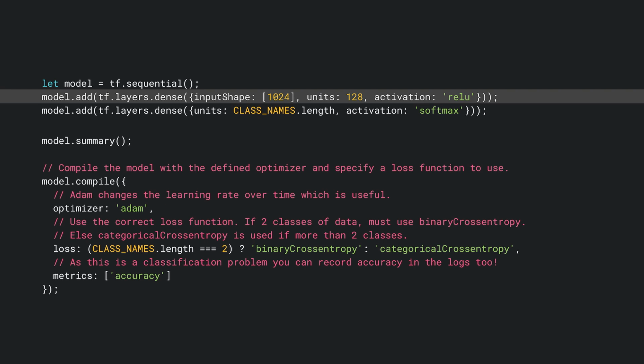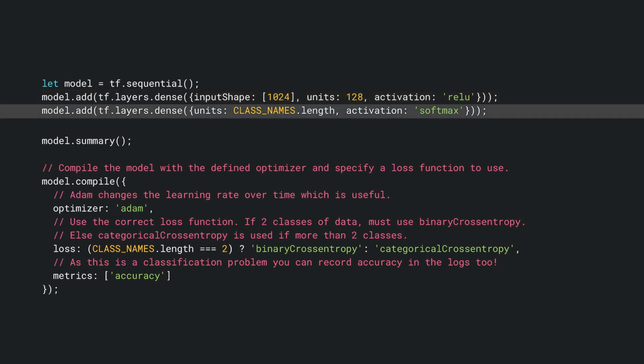If you're new to activation functions and model layers, consider taking the course detailed at the start of this workshop to understand what these properties do behind the scenes. Now you can add the output layer. Here, the number of neurons should equal the number of classes you're trying to predict. To do that, you can use classNames.length to find how many classes you're planning to classify, which is equal to the number of buttons found at the start of your code. As this is a classification problem, you'll use the softmax activation on this output layer, which must be used when trying to create a model to solve classification problems.